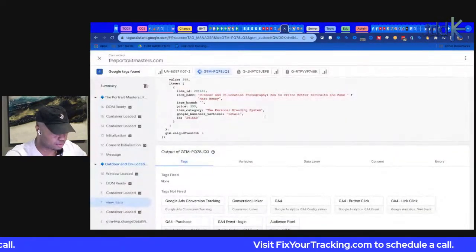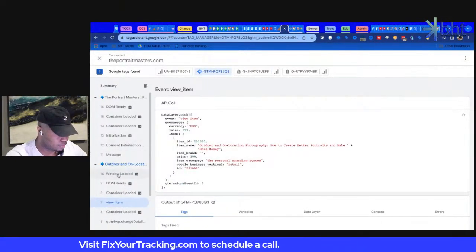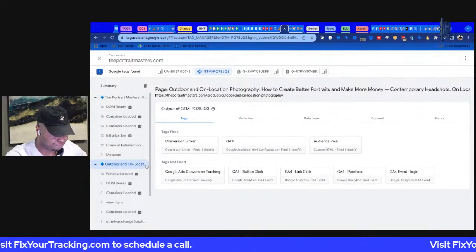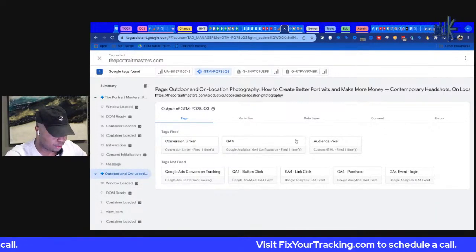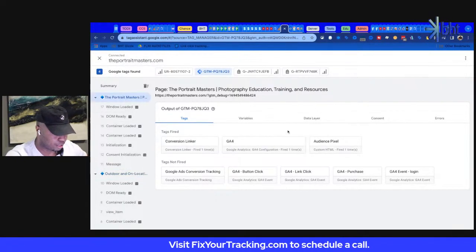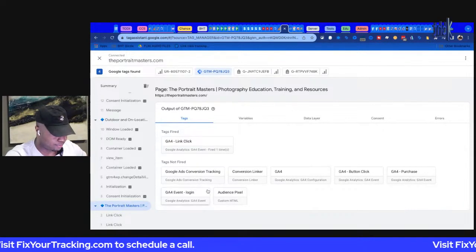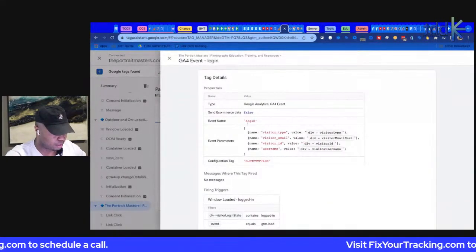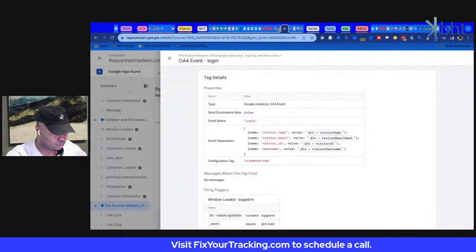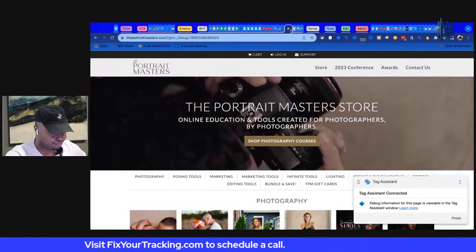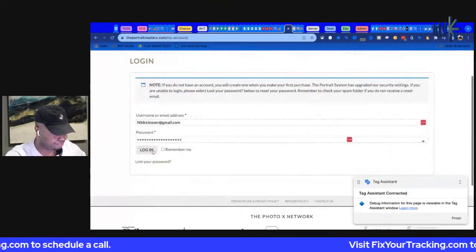I don't know why that just happened, but it disconnected a little bit. Okay, let me get on with it. So this audience on location situation, there's nothing that comes in and there's nothing that comes in here. However, I do have this GA4 event called login, and it is set up to push its own information in. So if I actually go to login,